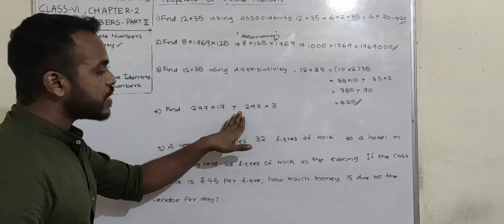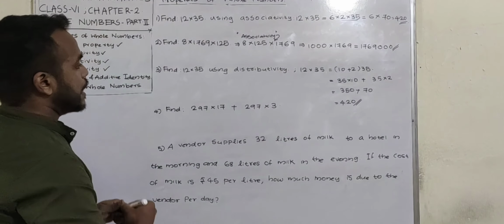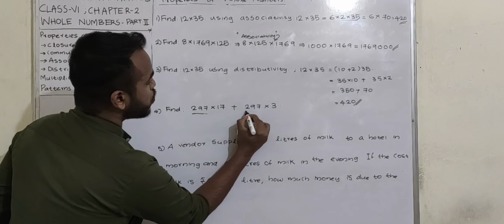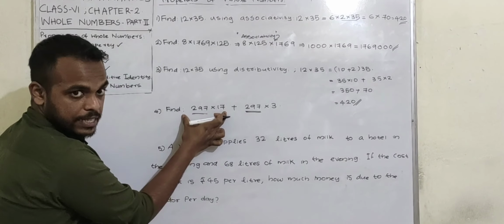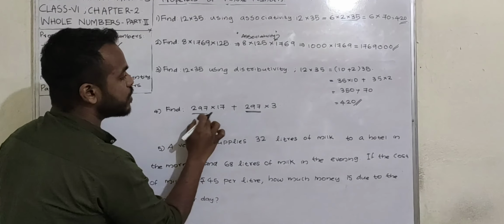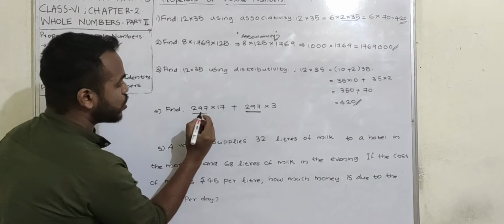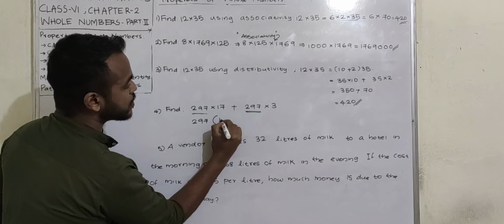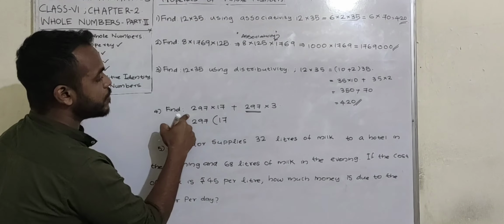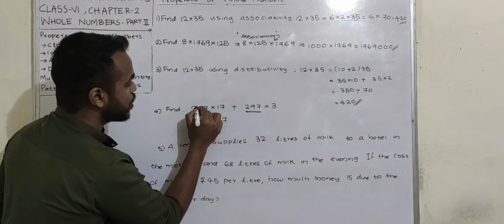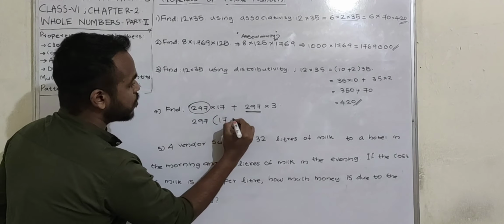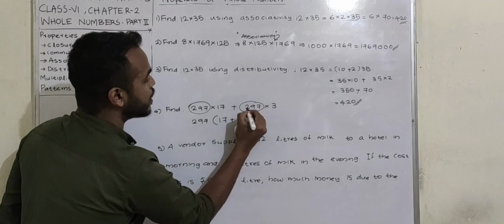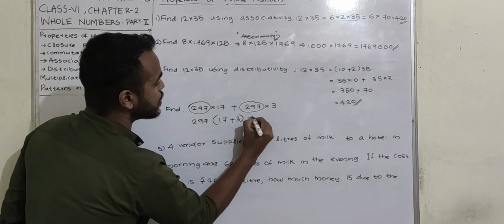297 into 17 plus 297 into 3. If you observe, we can see 297 is common in both the terms. This is a single term, this is another term. 297 is common in both of them. So I am going to take this 297 outside. So what happens? Only 17 remains here because 297 is gone from here. Now plus I have 297 from here also. So who is remaining? 3. So this is equivalent to